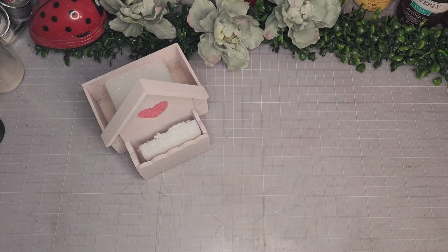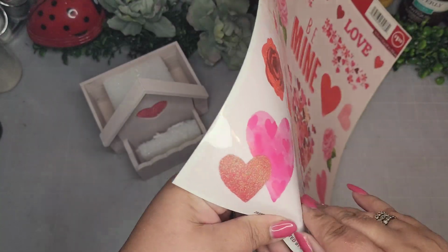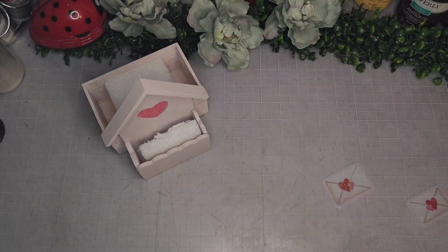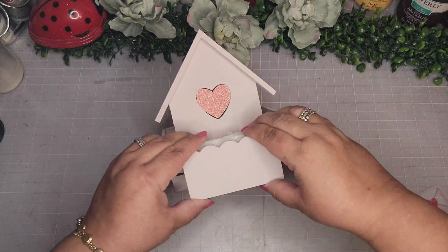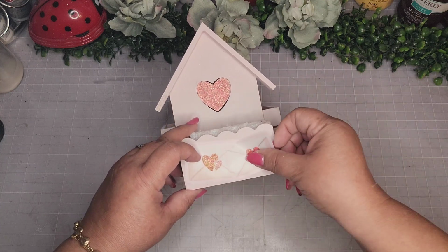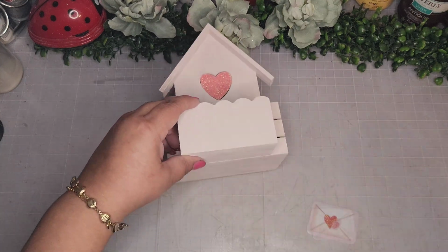Now I'm going to use another pack of window clings from the Dollar Tree. This time I want the little letters, the little love letters. There's 2 window clings of them. One's a larger, one's a smaller one. And I figured they would look really cute in the very front. So first I'm going to stage them to see how I want them. So once I'm pretty happy with it, then I'll go ahead and